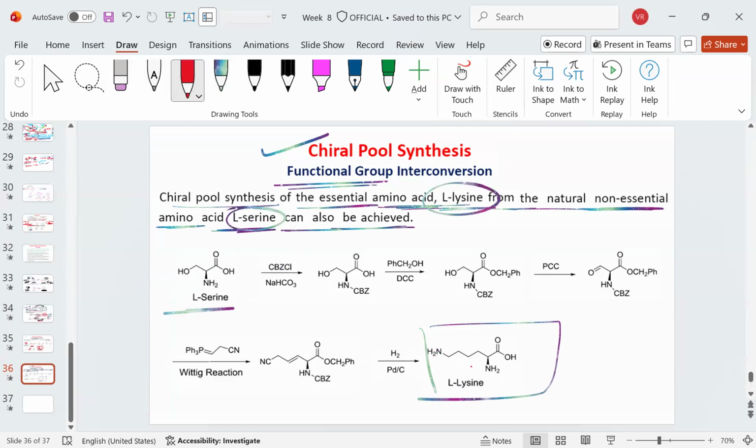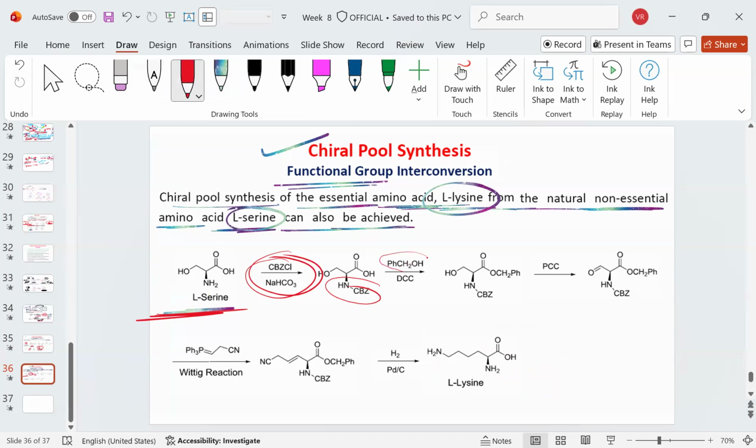Now what we can do, in this case, this entire stuff is constant. So this chiral center from the starting material and the product is kept constant. There are several steps in all, however, in all steps we are not disturbing the stereochemistry of that stereo center. The first step here, this is the L-serine, is CBZ protection. We use CBZ chloride plus the base for the CBZ protection, followed by